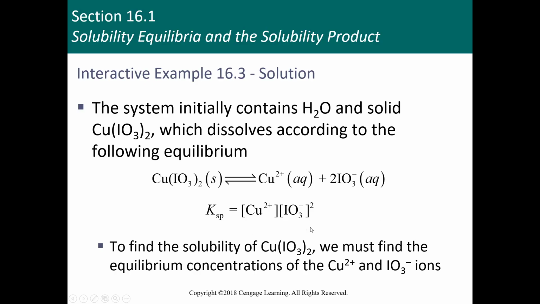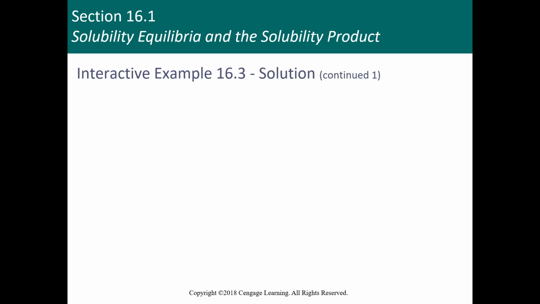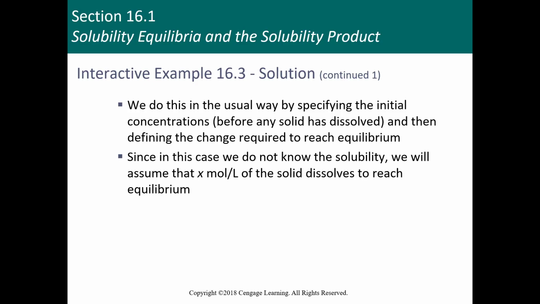Now, this right here is going to be your Ksp expression. So your solubility product expression, or another way of saying that, of course, is your equilibrium expression, just like we've been saying all this time. This again is going to be to the first power because that's the coefficient right there. This one's going to be the second power because it has that coefficient right there. So let's find the solubility of your copper iodate. We need to find these equilibrium concentrations then, don't we? So the next thing we can do is